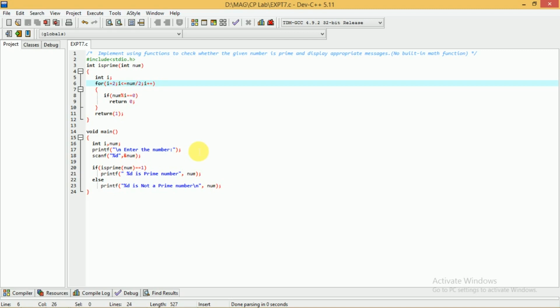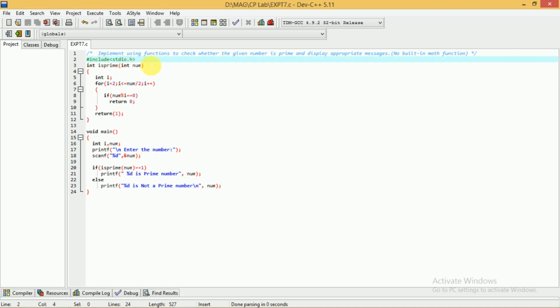Whenever you write a function, how will you come to know where the function is and how the function works? Your program may have a number of functions also. So that's why there are certain rules that you have to follow in order to use the functions in C. Those things we'll discuss along with this program itself. So let us discuss the program now.